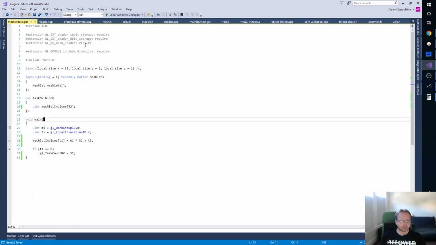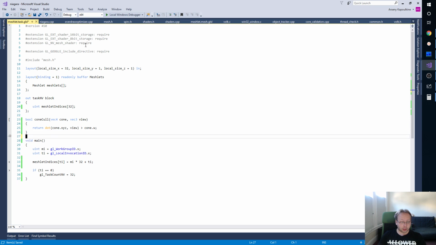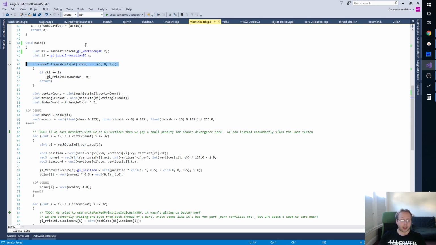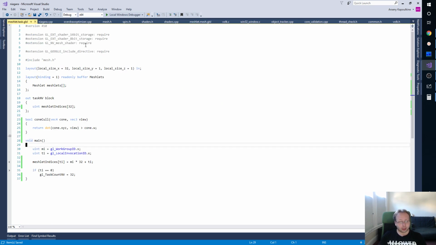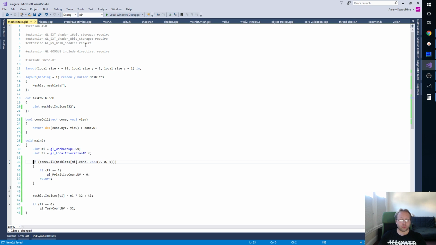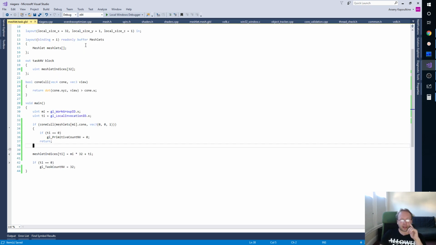We need this thing here, and then we need here to do culling on a meshlet, and then if we do need the meshlet, like so, if cone cull does not fail, then we need to add the meshlet to